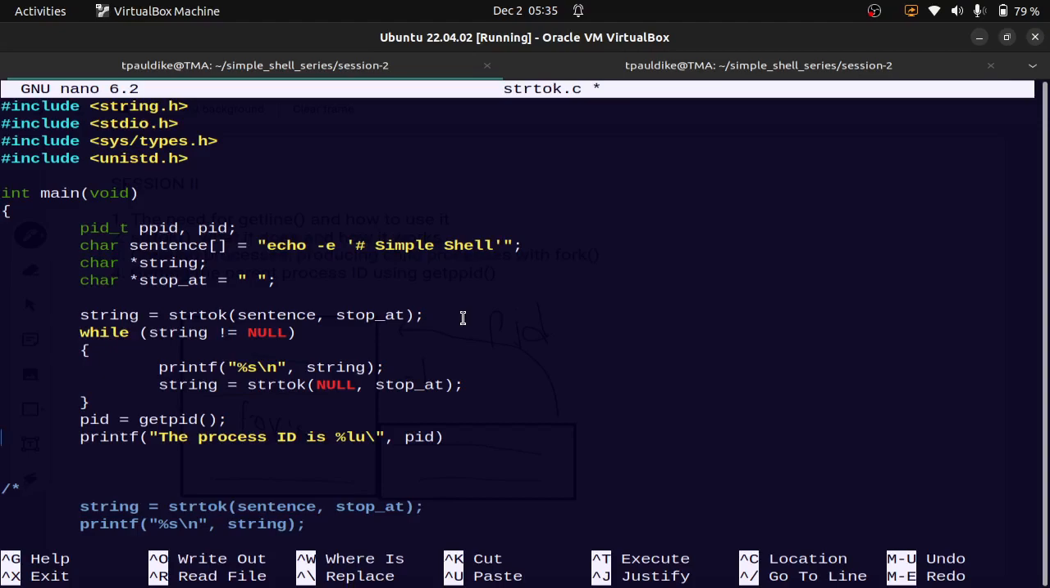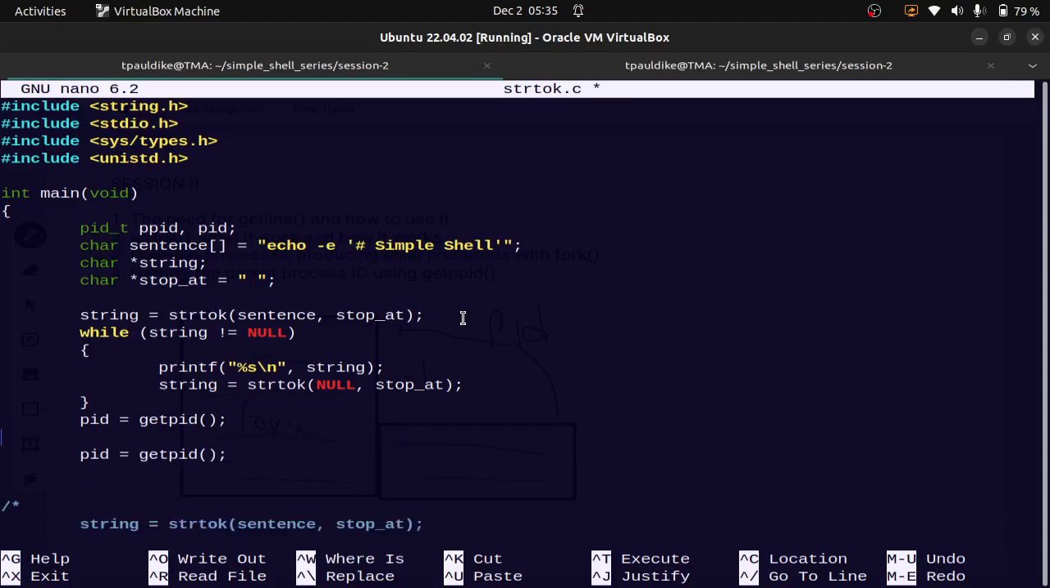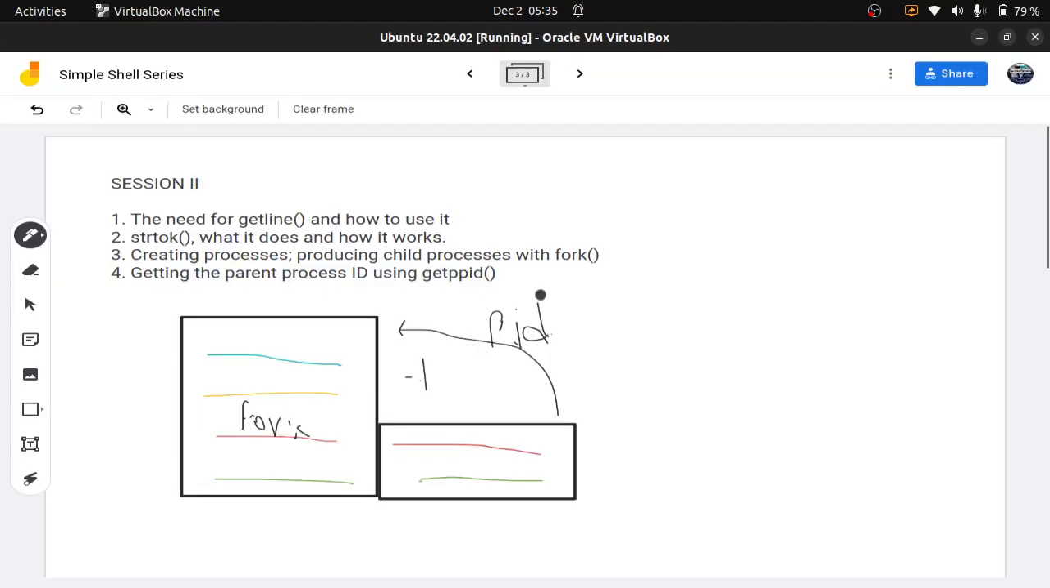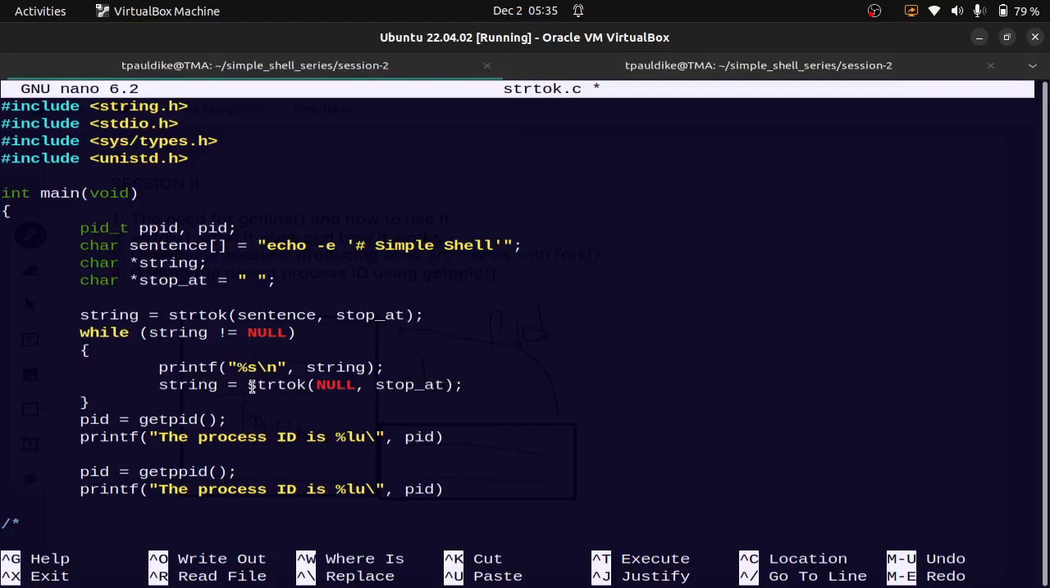I did this in section 1, and then I had to do something similar for the other one. So I will come here, paste it. I'm also going to yank this one. Now we'll come here and paste it, and so this one will be getppid. This function, well, this one is getppid. So here I will say the parent process ID is